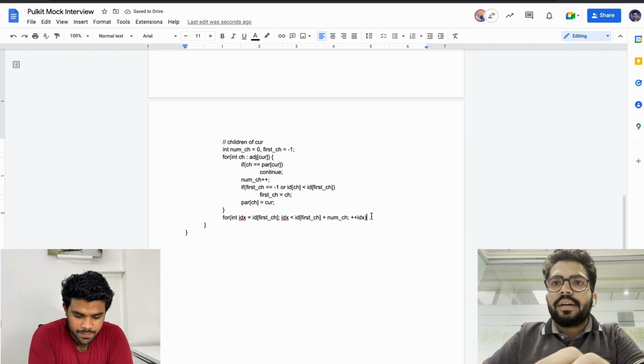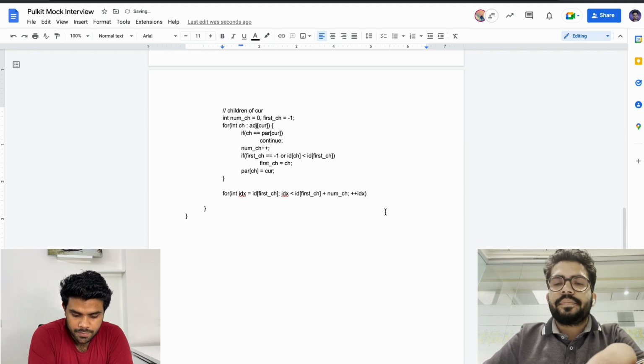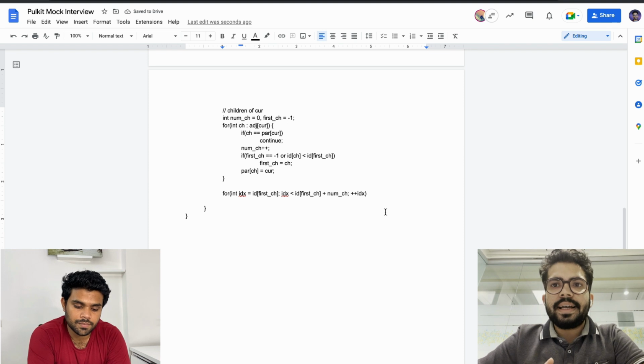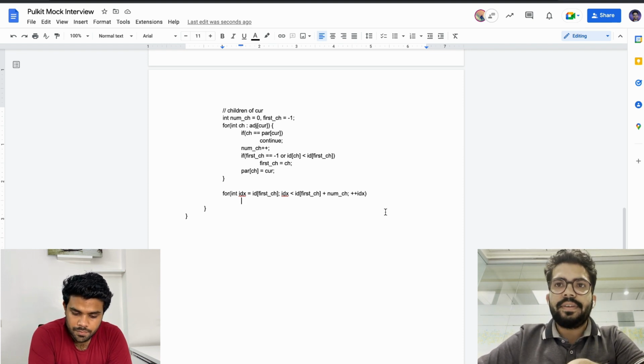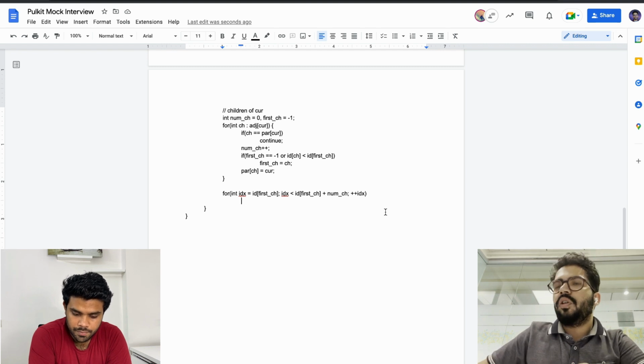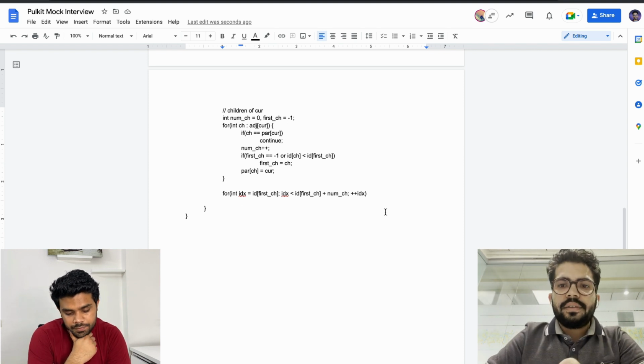So now, if this particular sequence that you've given me is valid, I should be able to find all my children in this particular for loop, right? So now I'm iterating. Let me just add the braces also.